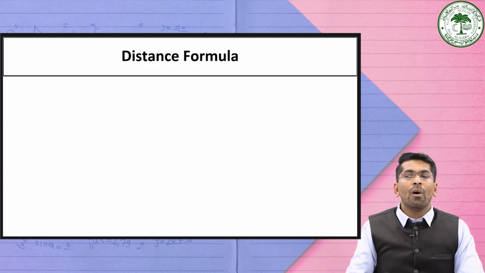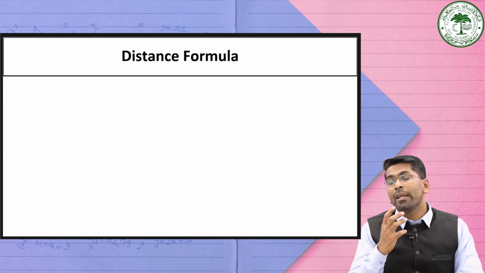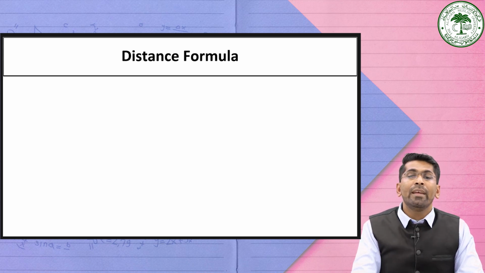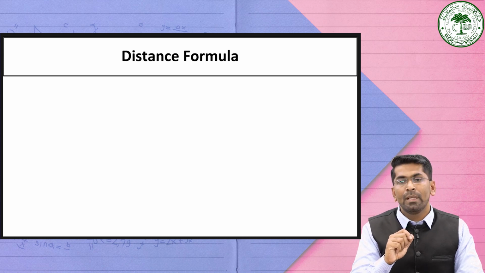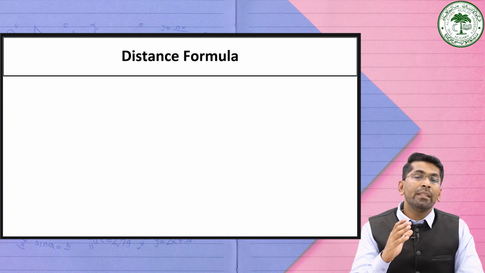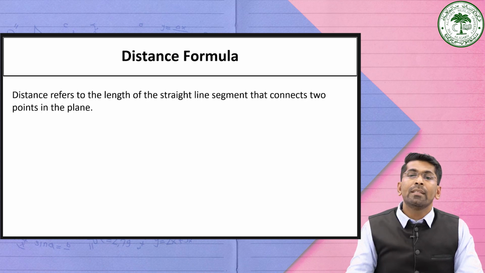Okay. Now, we have a distance formula. It is one of the important and immediate benefits arising from using a Cartesian coordinate system, which is the distance between any two points. The distance between any two points in the plane may be expressed in terms of coordinate points. Distance here means the length of the straight line segment that connects the two points in the